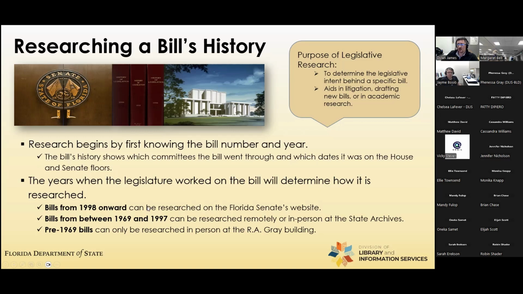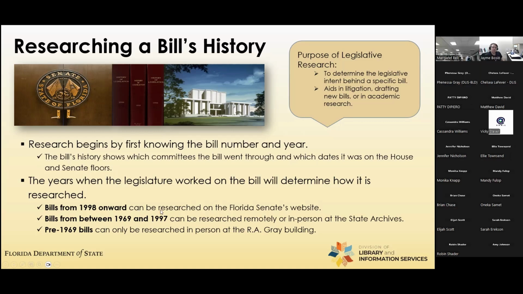So if you were to call us at the state archives, or if you were to send us an email and say, for instance, hey, I want the staff analysis for SB 100 from 1981, we could go ahead and see if we could research that remotely, or you're welcome to come in and research from that time period too. And then the last category we have is pre-1969 bills, and those can only be researched in person at